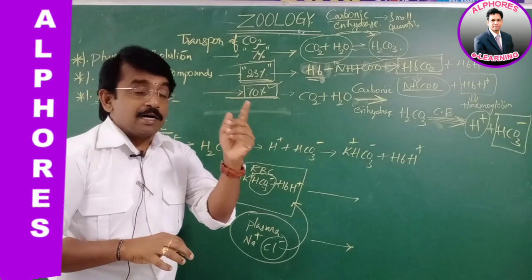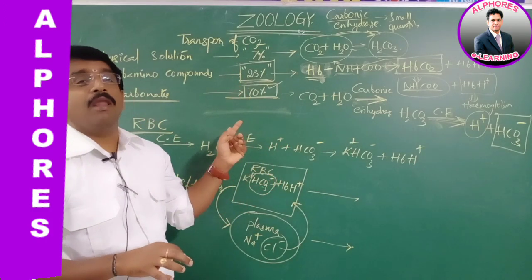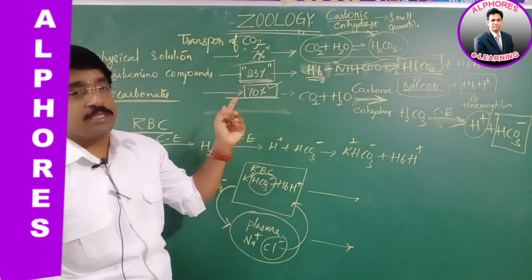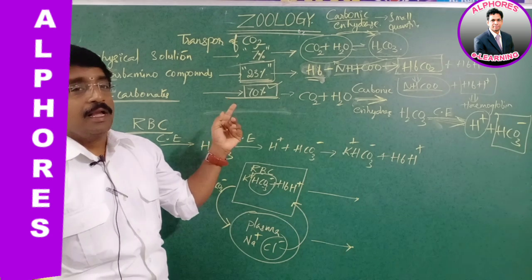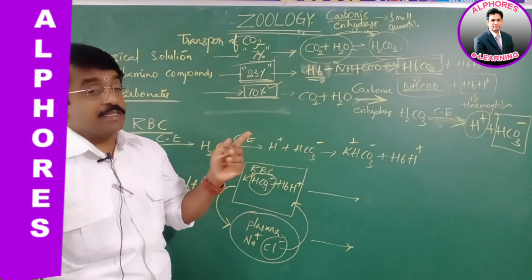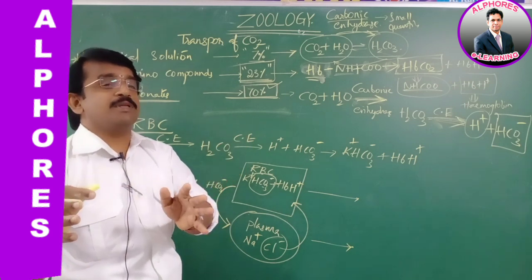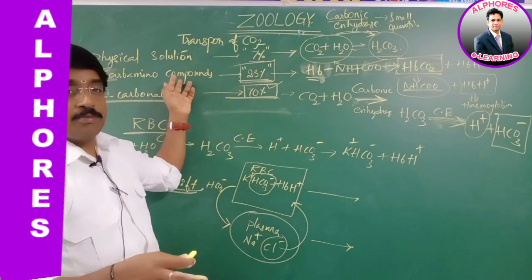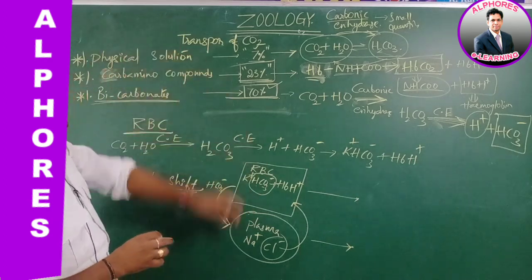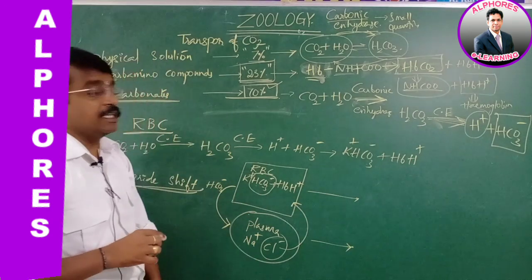This is the reason we name hemoglobin an amphoteric compound. It associates with oxygen at the respiratory level, that is, oxygen combines with the hemoglobin and liberates the CO2 at the lungs. At the same time, at the tissues, carbon dioxide combines with the hemoglobin, about 23%, and liberates the oxygen. This is why it is an amphoteric compound. And basically